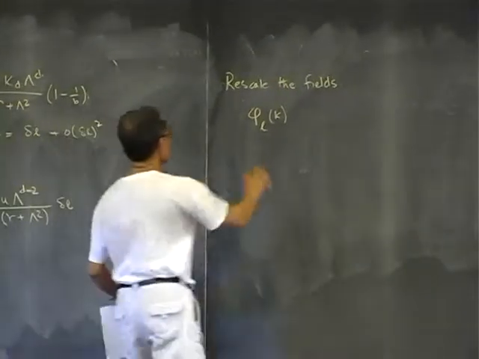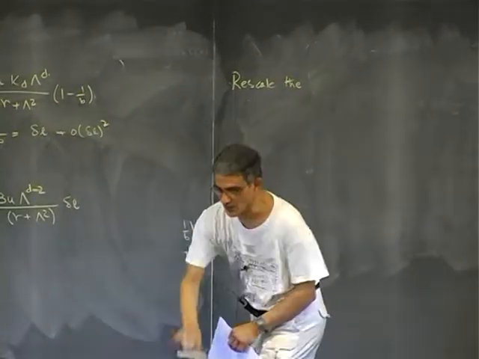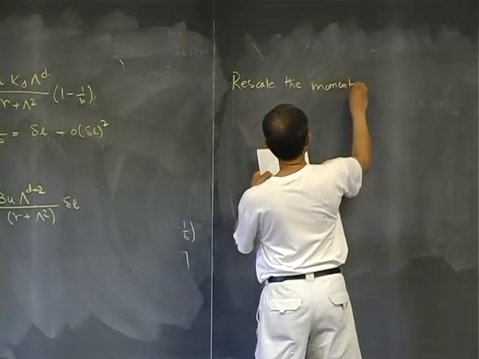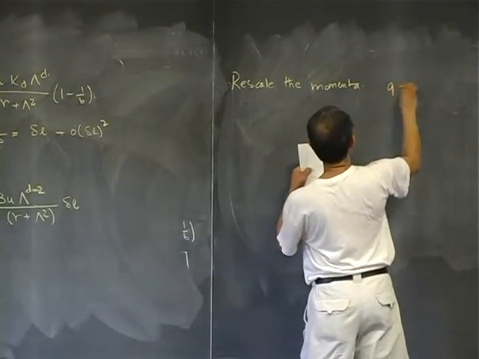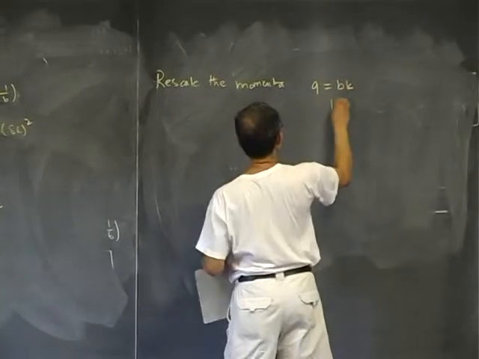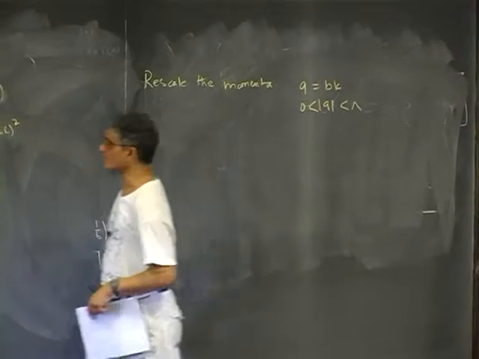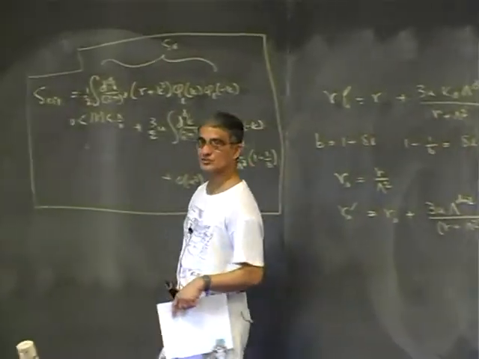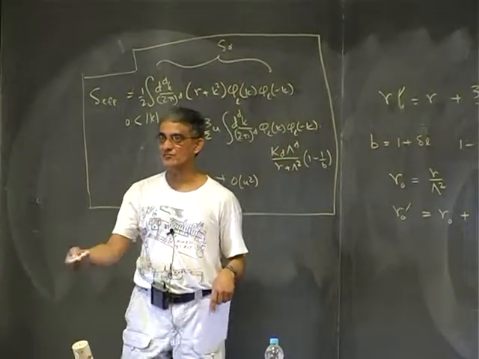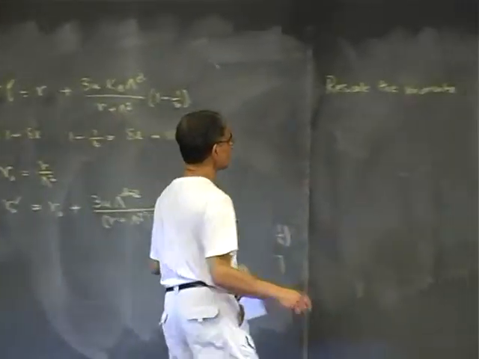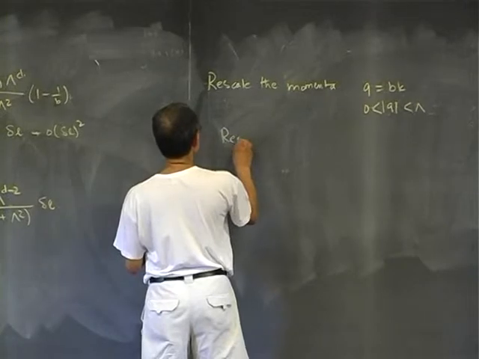Actually, before that I'll rescale the momenta to q equal to b times k. So the magnitude of q lies between lambda and 0. Remember, we have to bring it to a form which looks exactly like its original form, right? So that's why we have to rescale the momenta, and then you rescale the fields